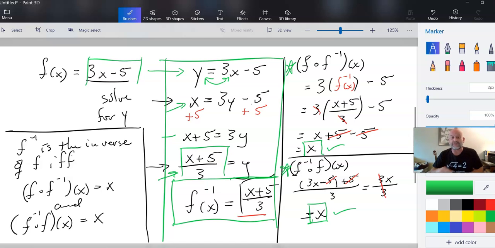Okay, now what gets complicated is sometimes these functions aren't overly nice, and so you have to massage them a little bit to try to find the inverse. So that's more what we're going to be focusing on today, is the little algebraic tricks that you have to use to actually find inverses. Okay, so